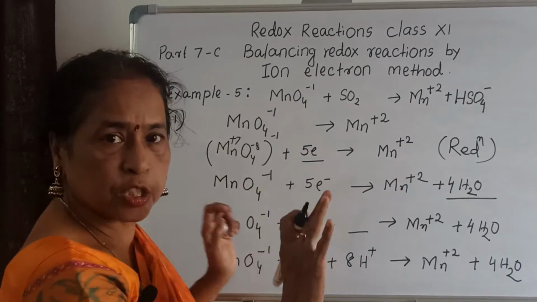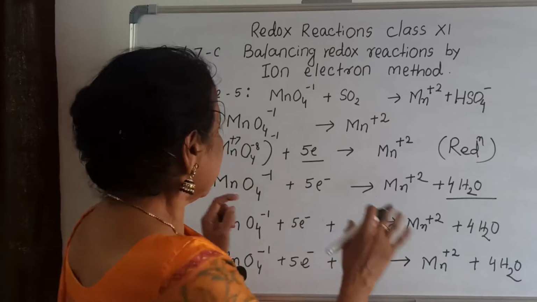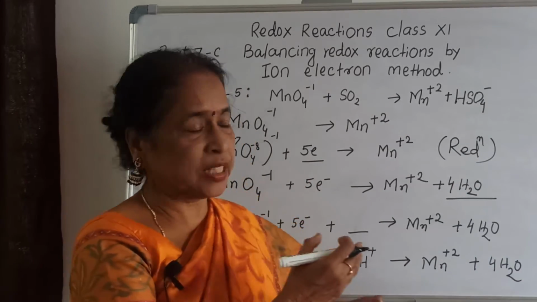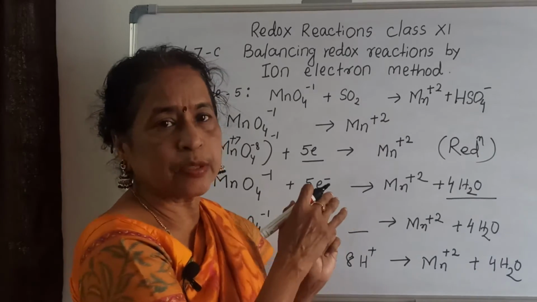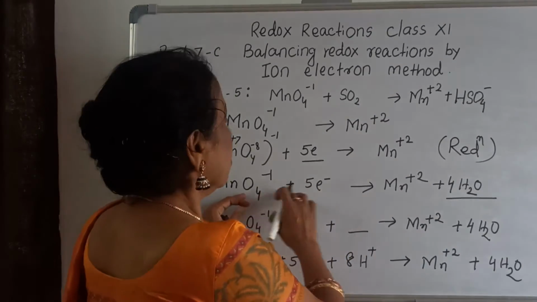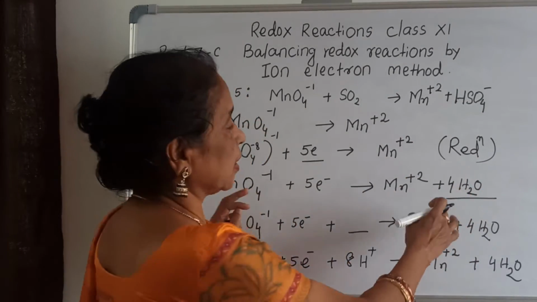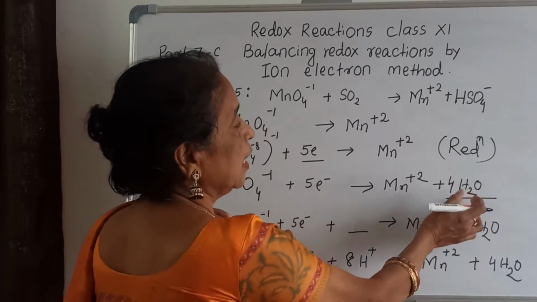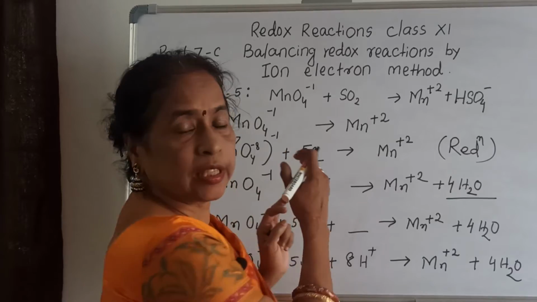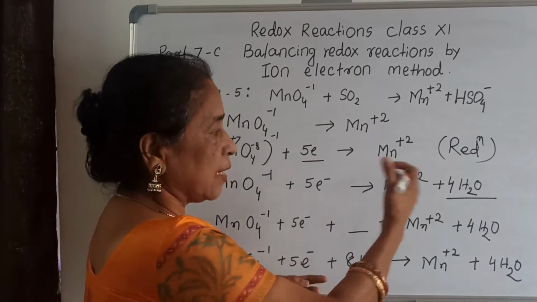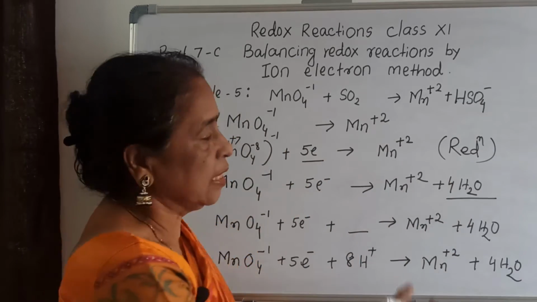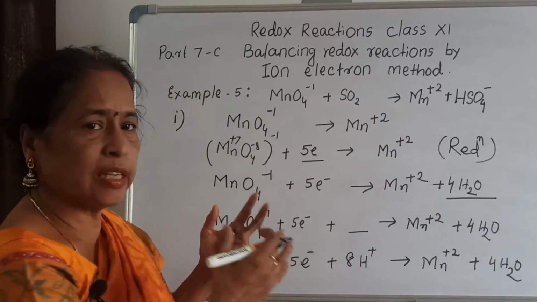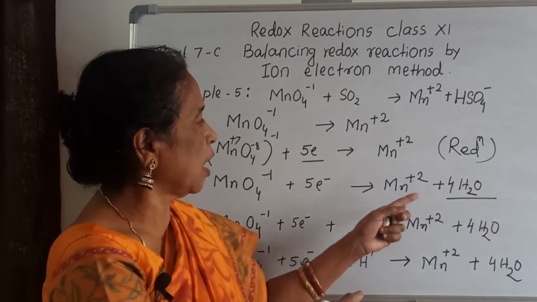Now the electron is balanced, but when you come to O4, how many oxygen atoms are present on the reactant side? That is 4 oxygen atoms, so 4 water. 4 water means 4 oxygen present. That means here it is balanced. The oxygen on the reactant side is 4 and there is a deficiency on the product side, that is why I put 4 water here. Now when the oxygen is balanced, then come to hydrogen.